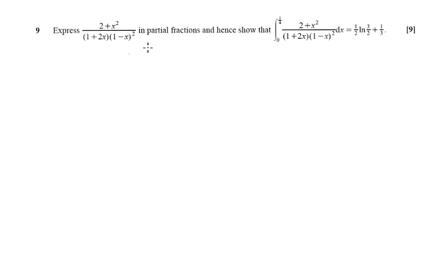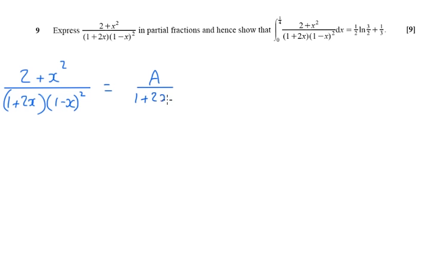Okay, question 9 wants us to write this in partial fractions and then integrate this. It's a big 9-mark question. So let's go ahead and do the partial fractions part of the question. So it's a repeated factor one, which tells us that it can be rewritten as A over 1 plus 2x